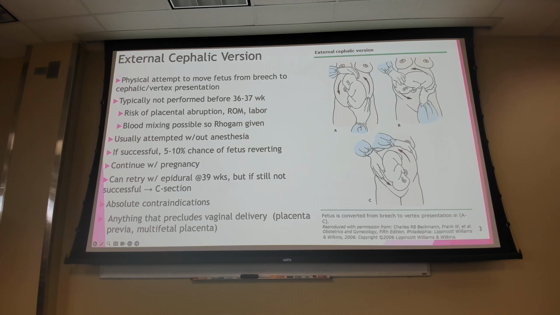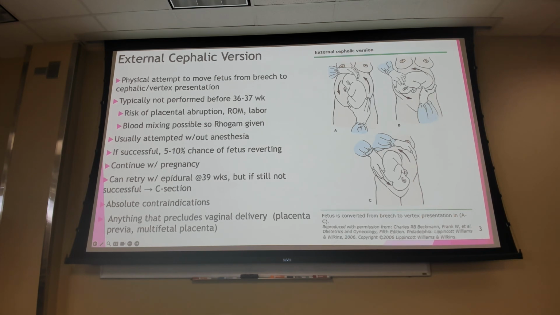And again, because it's a fairly aggressive movement pressure, there is a potential for blood mixing. So any time this is performed, if mom is RH negative, they will give RhoGAM. Oftentimes around that 36 to 37 weeks when this is initially done, it's done without anesthesia. So again, mom will definitely feel it, and she'll just complain of a lot of pulling and a lot of pressure and feeling uncomfortable. If they are successful in being able to turn baby vertex down, which is head down,